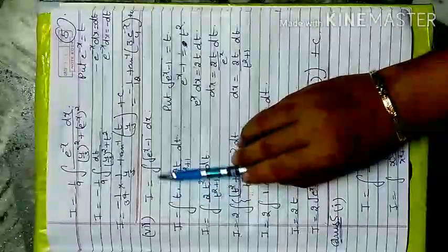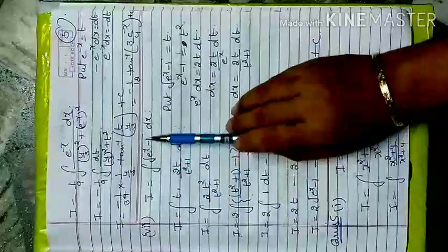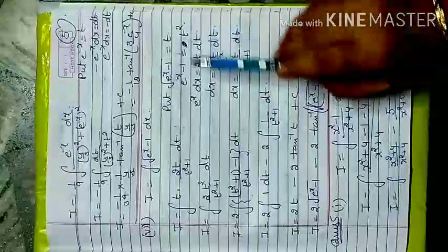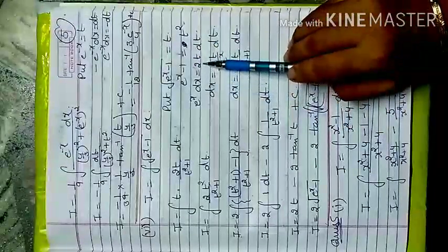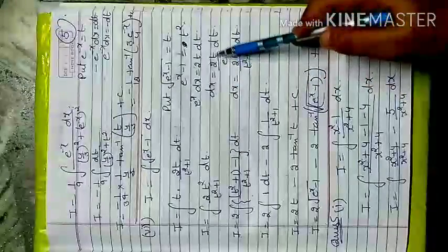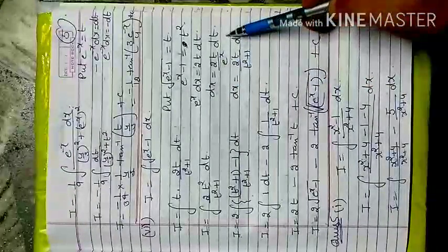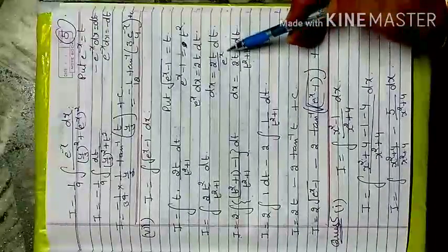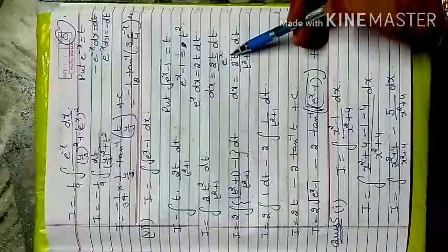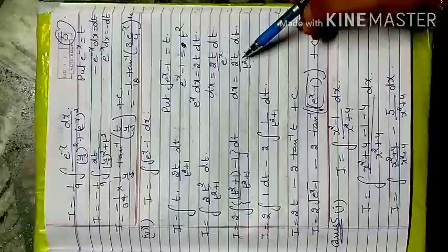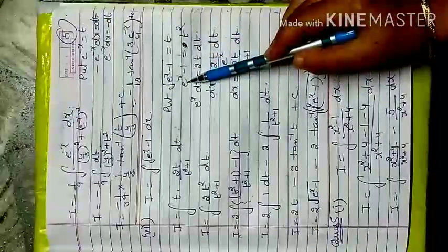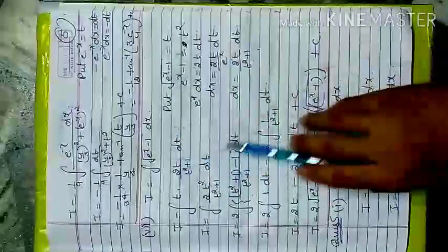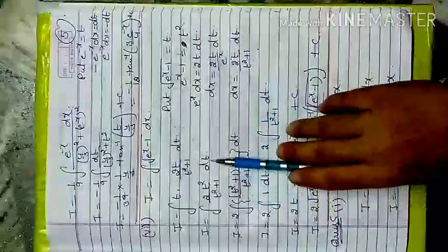But if your question is I is equal to root e raised to power x minus 1, then this whole root will be considered as t. e raised to power x minus 1 is equal to t square, e raised to power x dx is equal to 2t dt, dx is equal to 2t by e raised to power x dt, and this e raised to power x changes back to t square plus 1, because there should not be any variable in the question in form of x, because you change all x variables to t form. Then e raised to power x is equal to t square plus 1. Now replace the value, this becomes t, dx is equal to 2t by t square plus 1 dt.